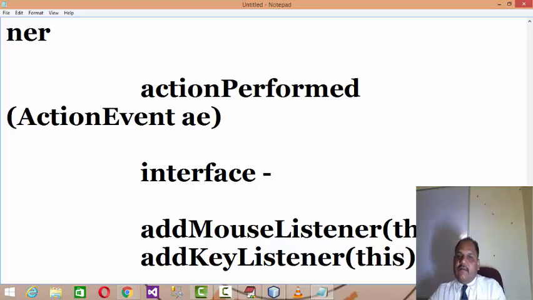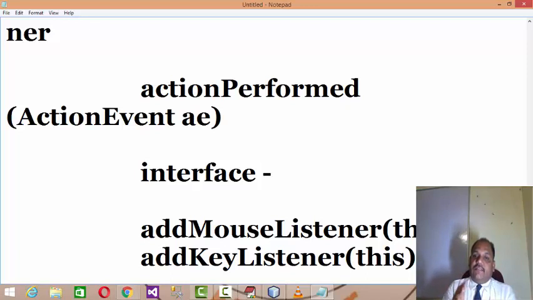If the user exited, the listener will listen to that event, create the object of MouseEvent, and pass it on to mouseExited. Similarly press, release, and clicked. First you have to implement the interface, then add the listener to the application.